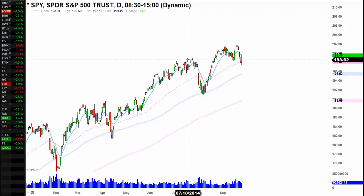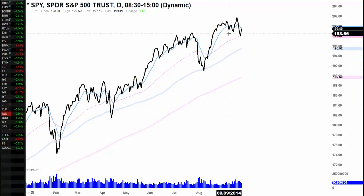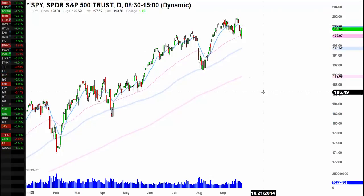where if we did not put in this lower low, and let's say we put in equal lows or something like that, and then if we just kind of bounce, I think that we could have just continued higher like this. Because of the fact that we did put in a lower low, again, it's a little bit too early to say. That could be a bit of a problem. I don't know if it's going to be a problem, but we may be forming some kind of a megaphone pattern here,